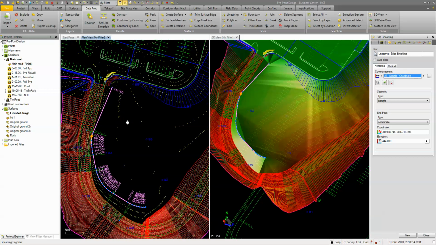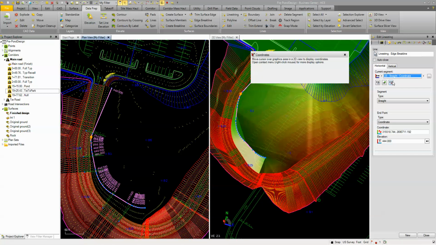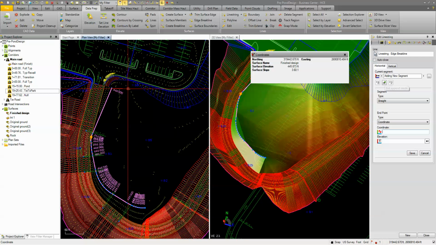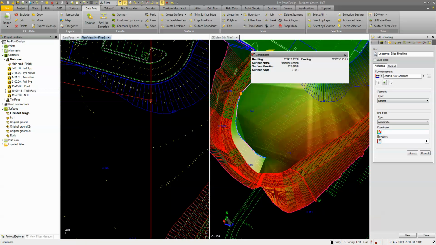Now what we need to do is carry this 444 over here. I'm going to use my coordinate scroll and add a point at the end of this. I know that along this line I'm on my finished surface elevation. If I put my cursor somewhere up in here, I can see where I'm at 444. Right about there I'm at 443.9. That's close enough. I'm going to click that, and